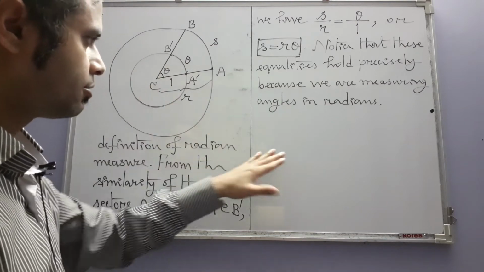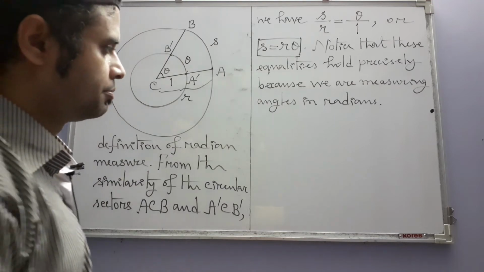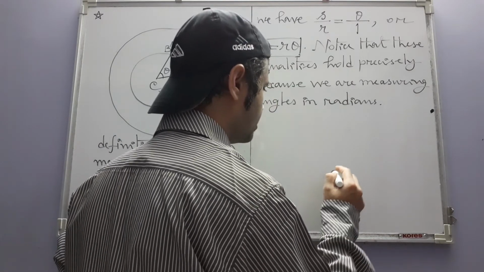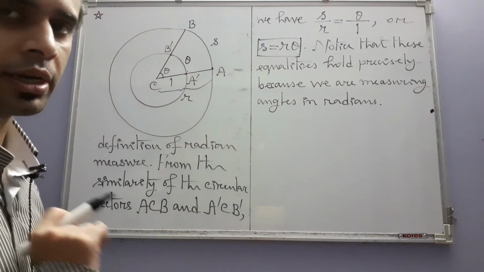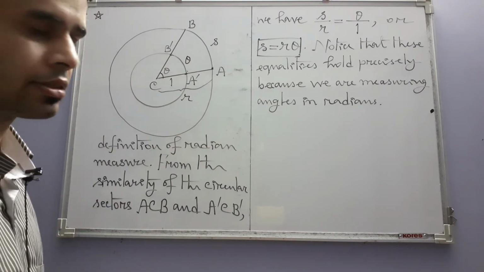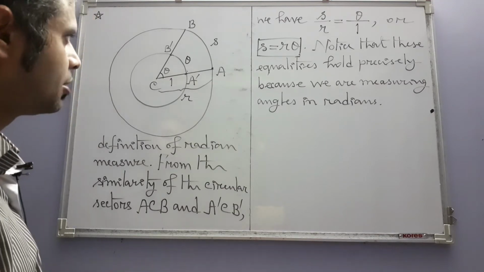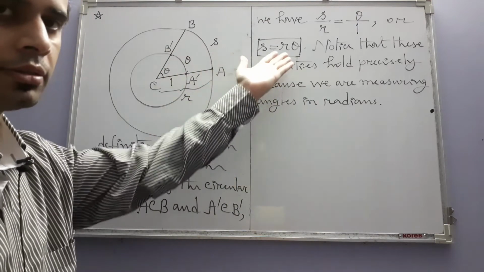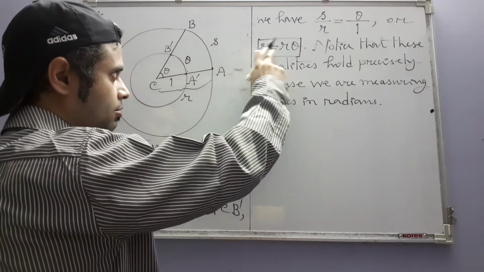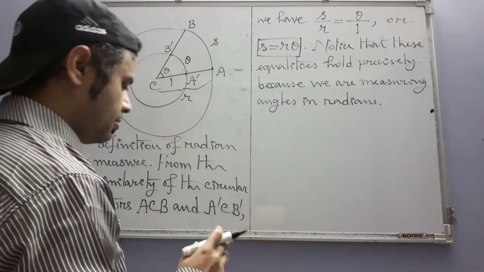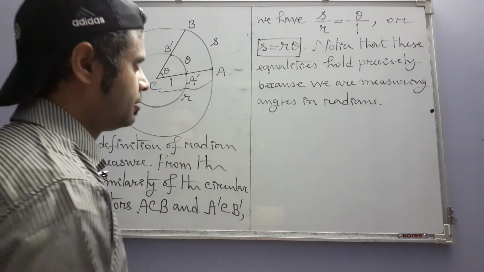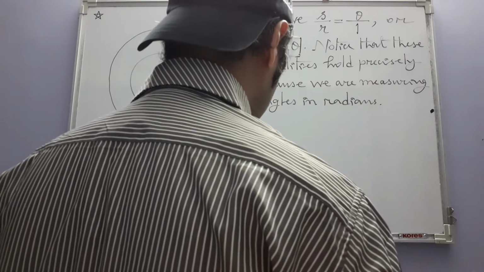The degree measure also is related to geometry. What is the degree measure, by the way? What if someone asks you to define 1 degree, what would you say? Your simple definition would be just this: one complete revolution is taken to be 360 degrees, and 1 degree is the 360th part of that. It's just that. But you can see that this is not as intimately related to the geometry of the situation as radian measure is. Such relations don't exist for degree measure. Using this you can, of course, change this theta into degree measure, but that is not something fundamental about the degree measure. It is coming from radian measure and does not serve any purpose actually. Radian is that's why much more convenient to work with, at least when we are in calculus,